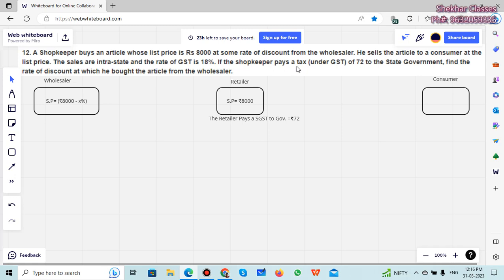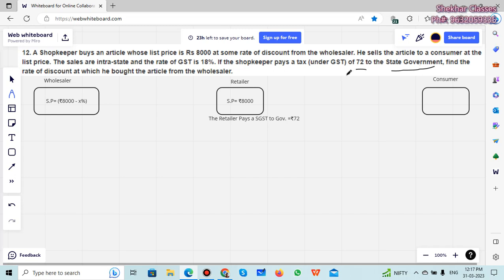Fine. After that, the retailer sells it to the consumer at the list price. So what is the selling price at which he sells to the consumer? Selling price is 8,000 only. Remember, in all these cases they are paying the taxes. We will consider that in the next line. The sales are intra-state, meaning within the same state. GST is 18%, so 9%, 9%. The shopkeeper pays a tax under GST of 72 rupees to the state government here,